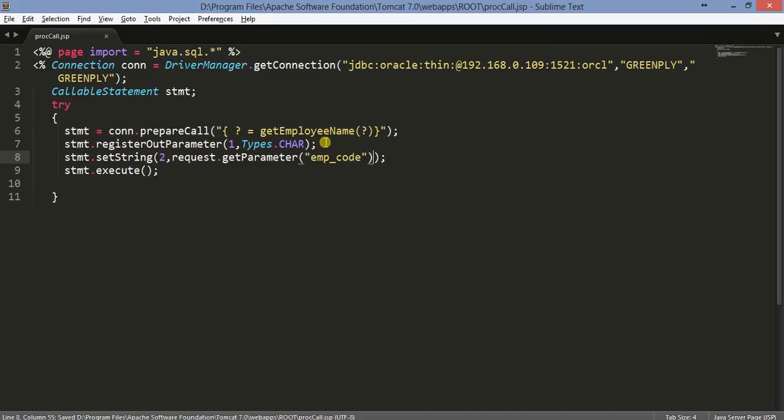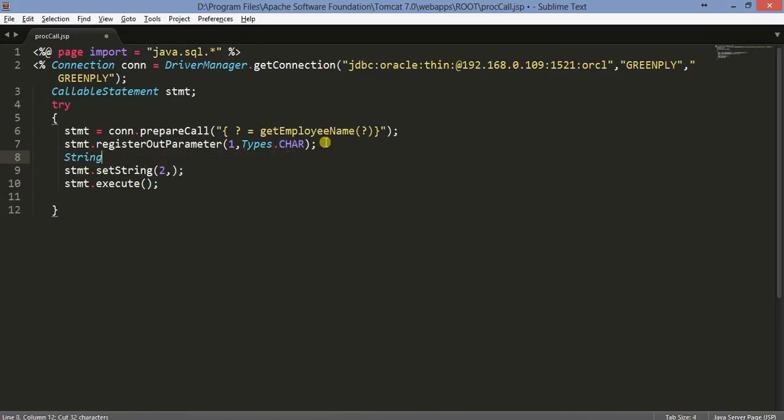You can also do this, or better, you declare a variable: String empcode equal to request.getParameter, and pass this empcode here. So I am passing the value. Now what will I do? I'll declare another variable, String ename equal to stmt.getString